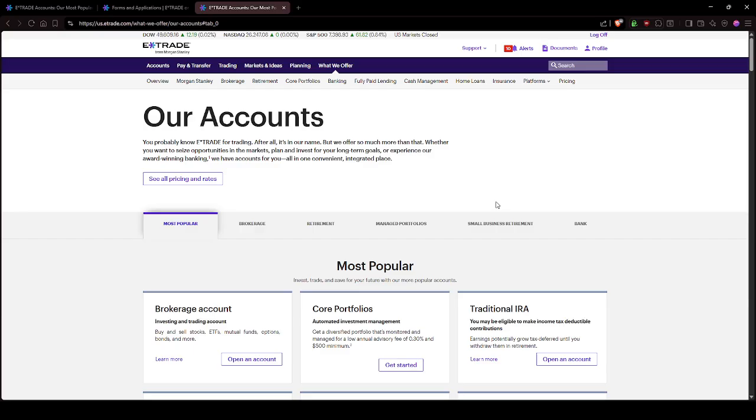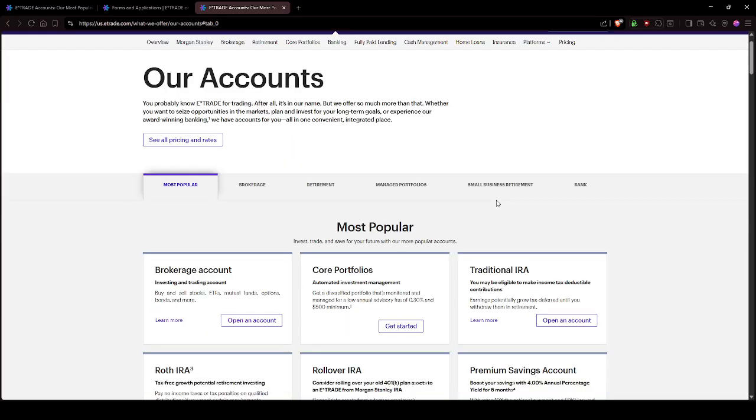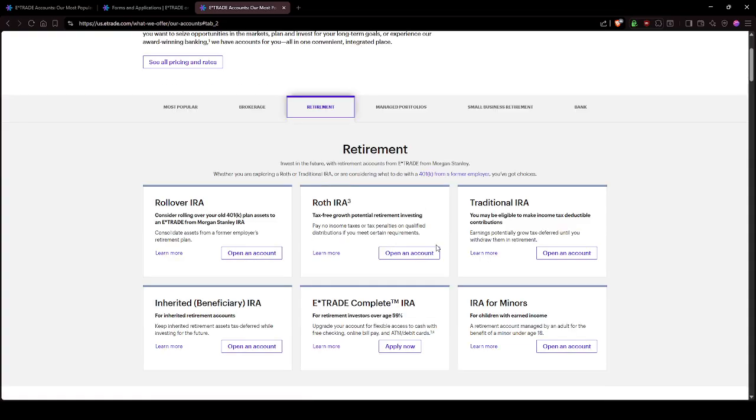Look for the Open an Account button on the homepage and click on it. Once you are on the account opening page, you should select Roth IRA from the list of account options available. The site will guide you through the process, prompting you to provide personal information such as your name, address, and social security number. Be sure to have your financial documents handy, as you may also need to enter information about